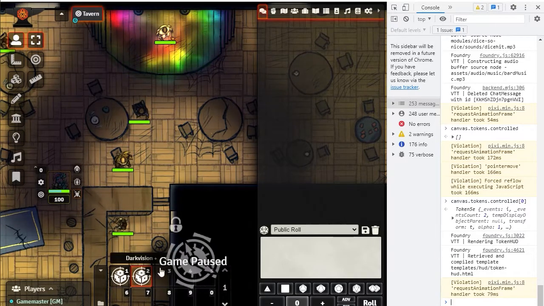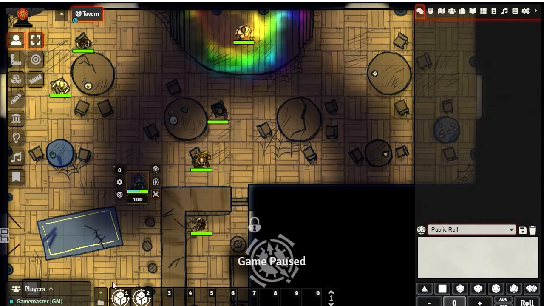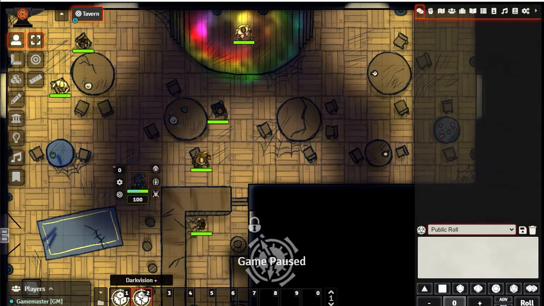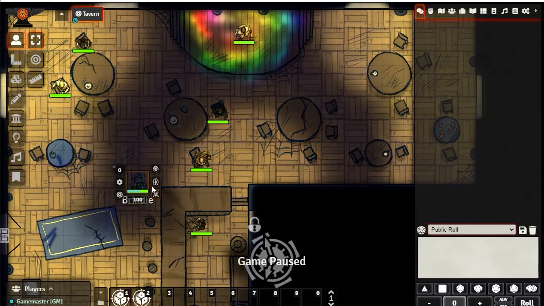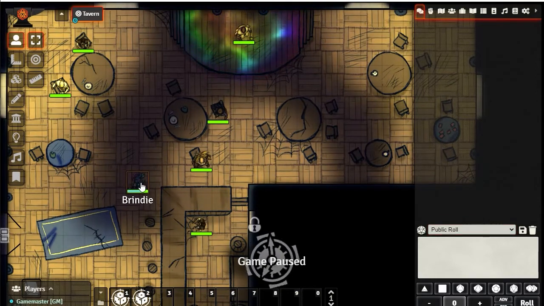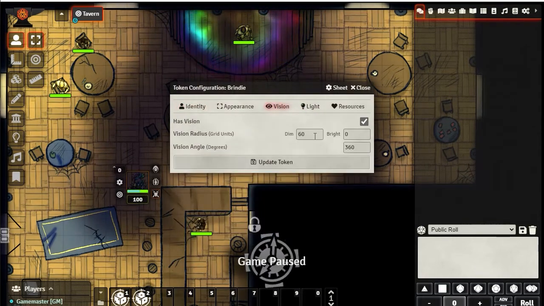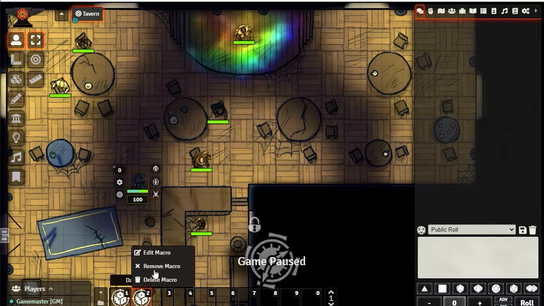All right, so let's go ahead and we're going to close this just so we are already compressed. So we want to see our things. I have a script here that I wrote a while ago. It doesn't really work completely in Foundry version 9. It has something to do with updating the token in real time. So here we have Brindy, for example, right? If we go click on her, we can see that she has a dim vision or dark vision of 60 feet. This macro, if we go look at it real quick,